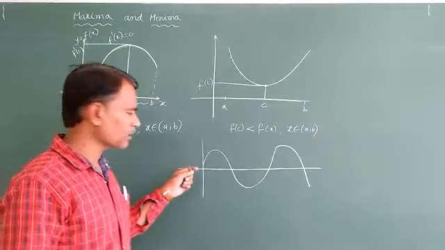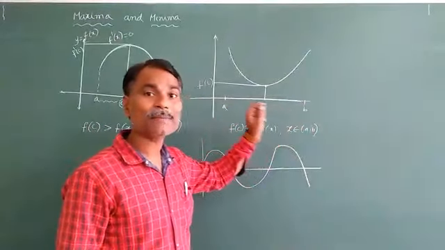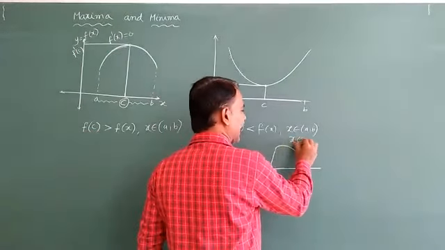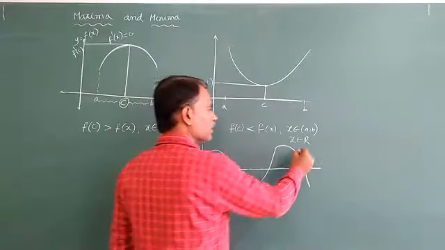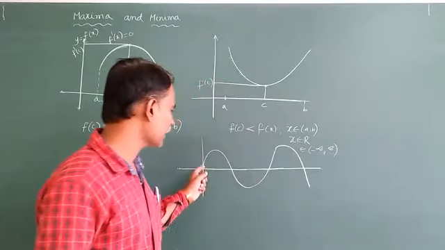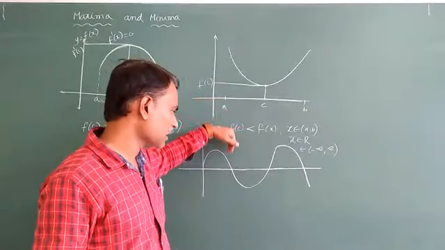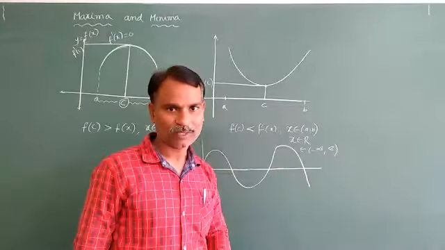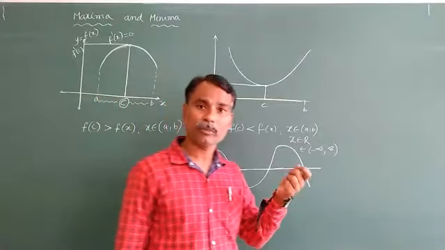So what you have to remember is, here I mention the interval. Sometimes they don't mention any interval to us. Simply they will use x belongs to R. X belongs to R means what we have to take? It belongs to minus infinity comma plus infinity. At that time we will get some peaks and some valleys. Peaks come like this, valleys come like this. So some peaks and valleys will exist in this graph, so definitely we will get a number of maximum values and a number of minimum values.